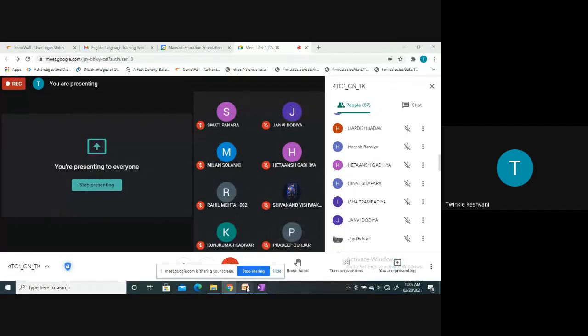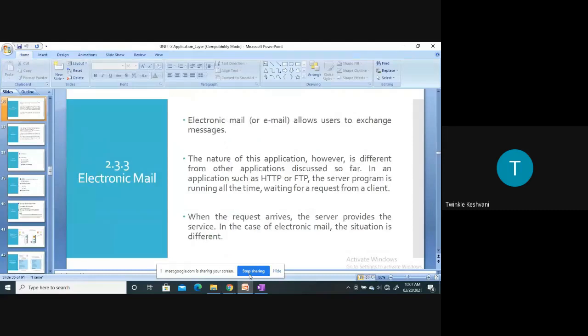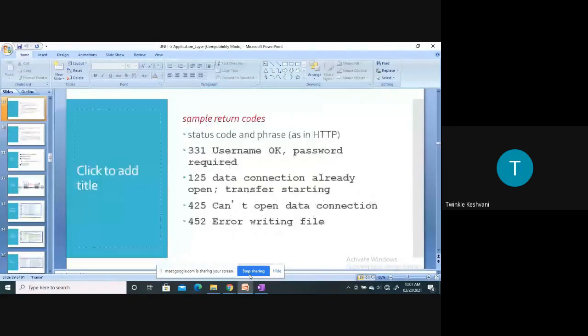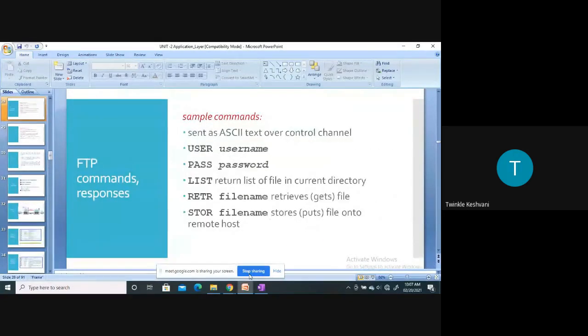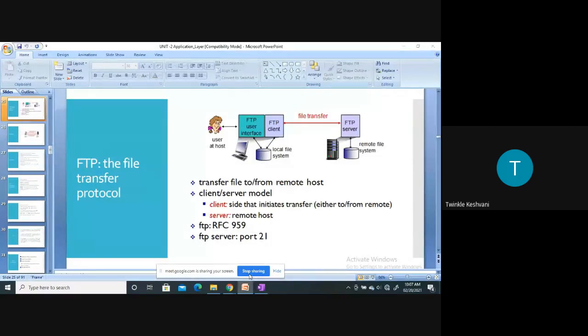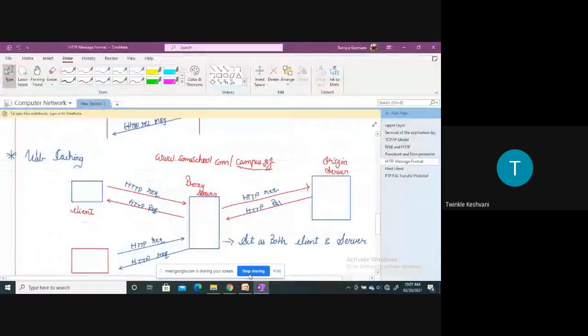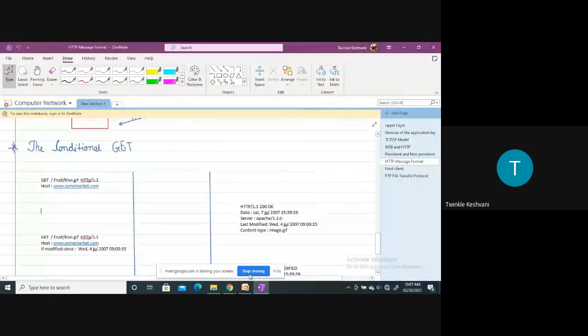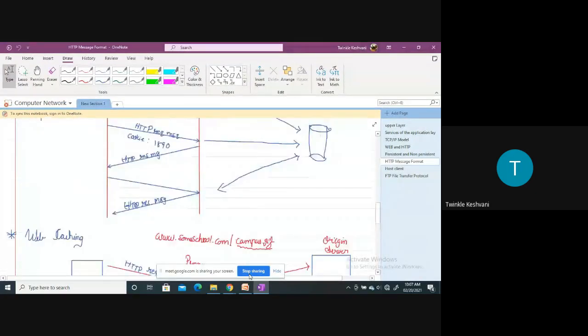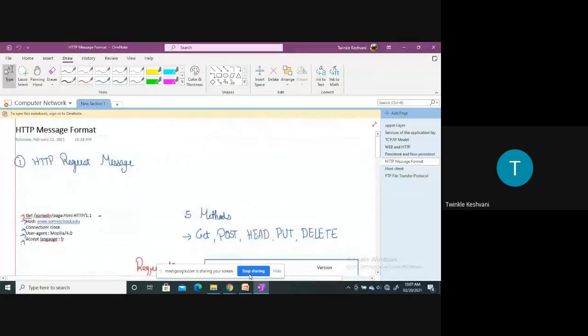Now, as we have already seen up to this, let me share my notes. If you see here, in yesterday's lecture, we started from the HTTP message format.